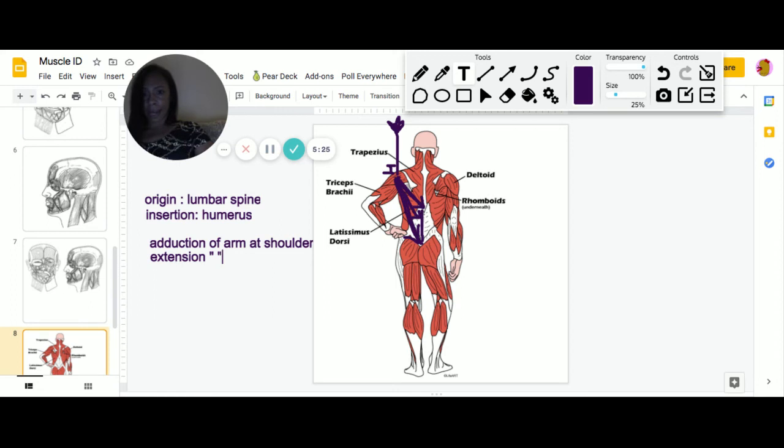So now let's think about our antagonists. For this problem, if the latissimus is involved in adducting, bringing the arm down, and extension, bringing the arm down, then what are the muscles that are going to be responsible for bringing the arm back up, right? And so we want to think about that. There's a muscle that is in position to pull the arm up to the side, to abduct. Can you find it? Is there a muscle that has its fibers that can shorten to contract and pull the arm, just like if I was pulling on my sleeve, pull the arm